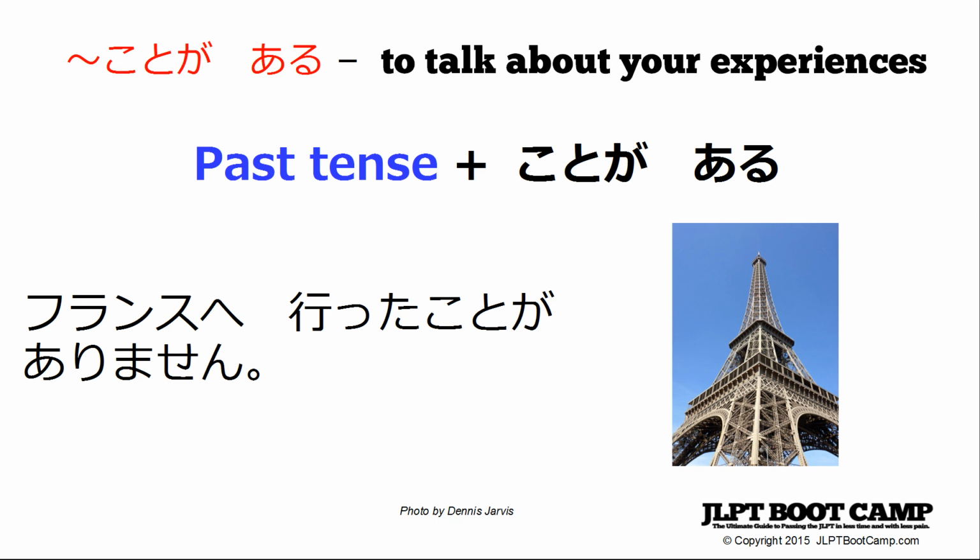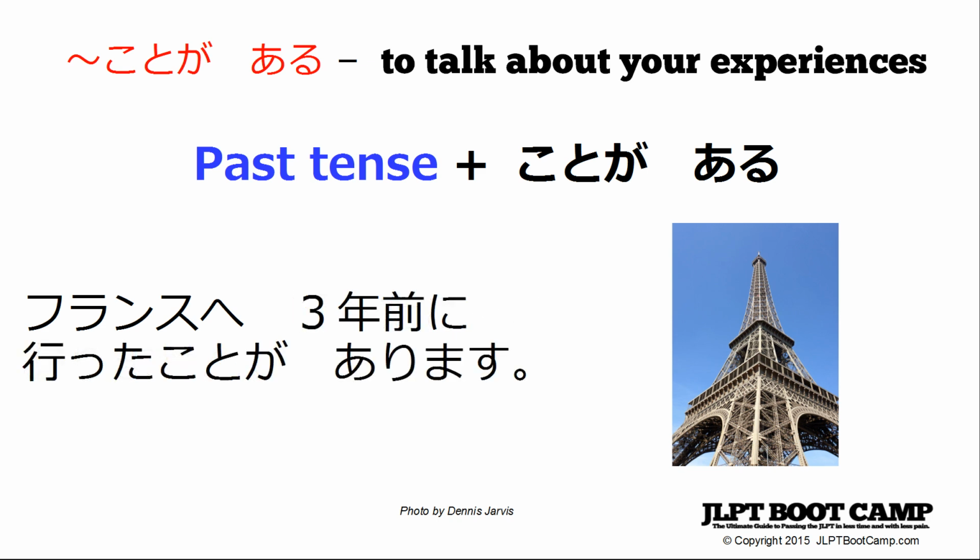This is talking about experiences. And you can think of this kind of as the typical ga arimasu form when you're talking about possessions. So, for example, kuruma ga arimasu. So I have a car, when you're talking about your possessions. Just here we've added koto, which changes verbs into nouns, essentially. It's a nominalizer is the English term. And so you've nominalized the verb into a noun, and so you're talking about you have that action, you have that experience, you possess it.